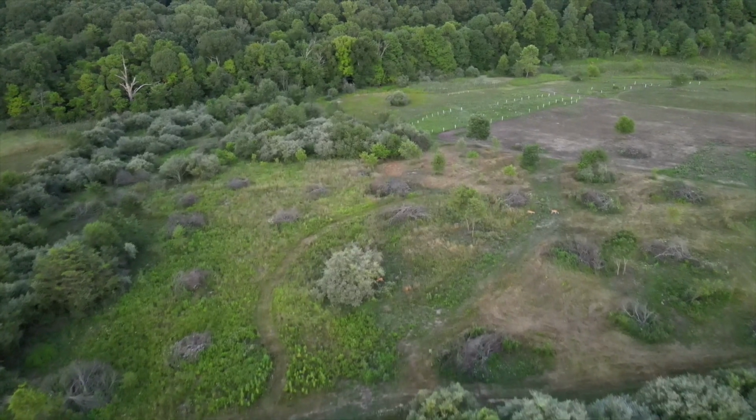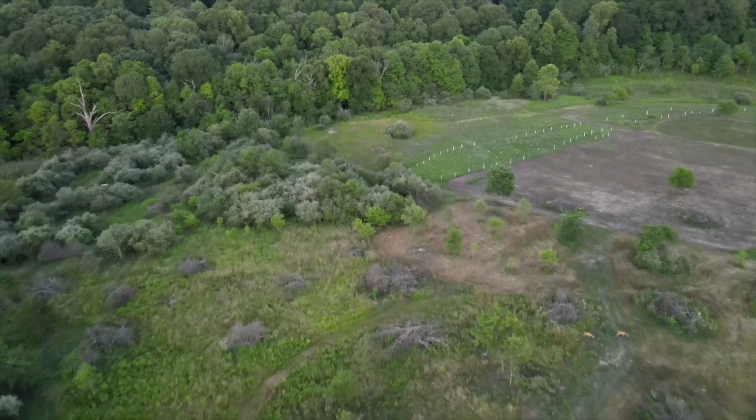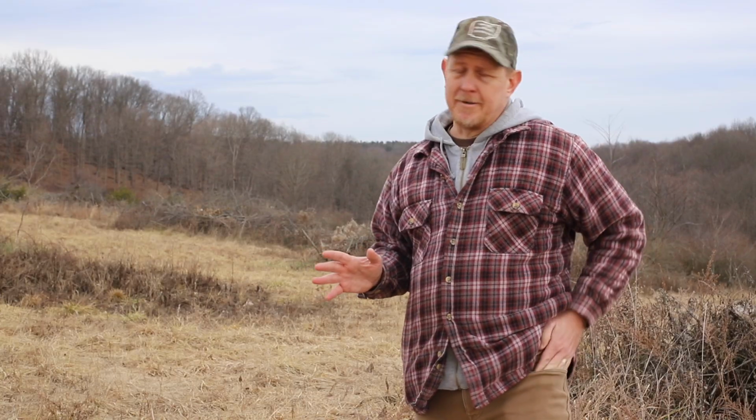The deer are actually feeding around the piles and the autumn olive, so they like kind of that edge. So that's a good reason to potentially leave some of them standing until more of our new trees and new habitat starts to grow. So one final lesson that we learned was, in a lot of these cases, we had